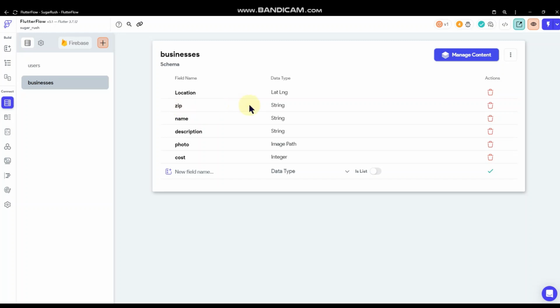Now, this structure is based off of you living in the United States, so I don't know how zip codes translate over to other countries. Maybe you have something similar, I don't really know. But that's what we're going to be using here. And so what we're going to do is,